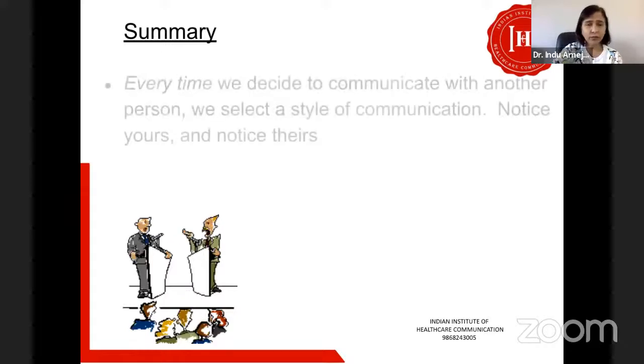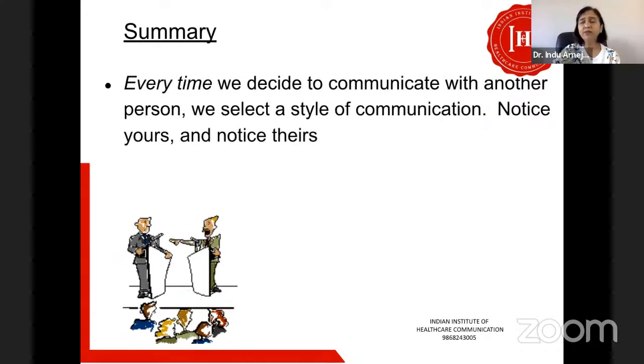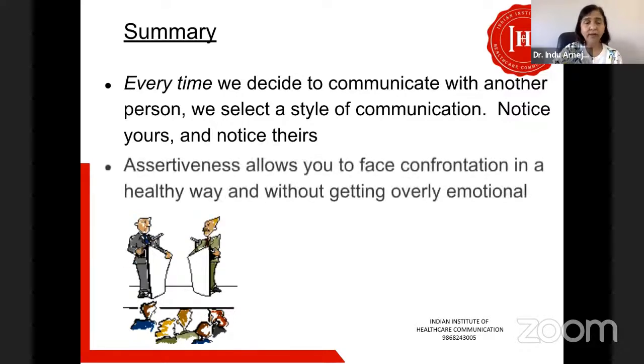So quickly to summarize, I think every time we decide to communicate, we select a style of communication. All of you have taken that questionnaire. You have an idea about your primary communication style. Notice yours and notice others also. You'll get an idea what is the other person's approach. Assertiveness allows you to face confrontation in a healthy way without getting overly emotional about the situation. Usually it is the emotions that hijack the situation and things go out of control. If you can manage your emotions and if you can manage the other person's emotions, you can